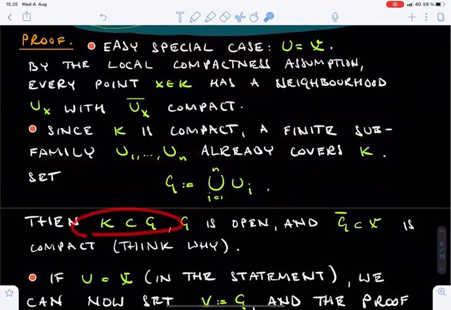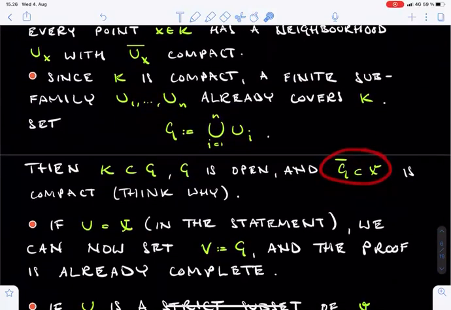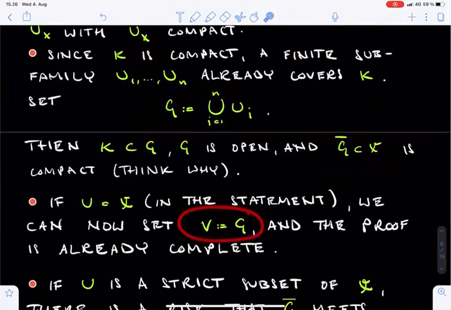This is an open set which contains K, has compact closure, and whose closure is of course contained in the ambient space X. So if U is equal to X in the statement of the lemma, we can simply set V equal to G and the proof is complete.